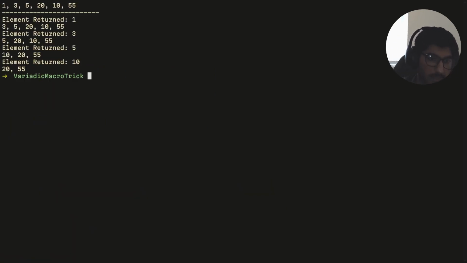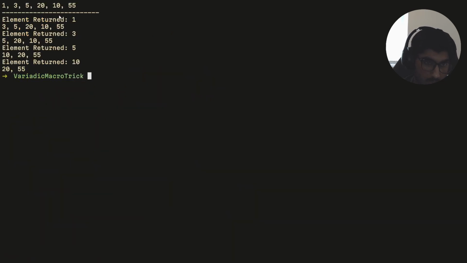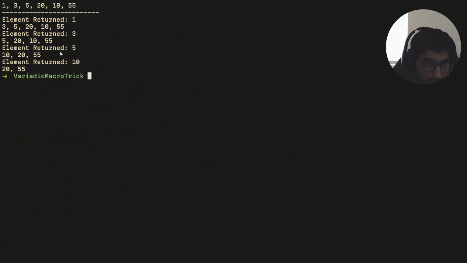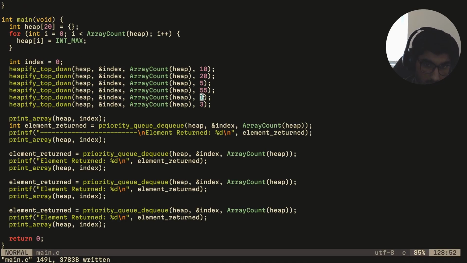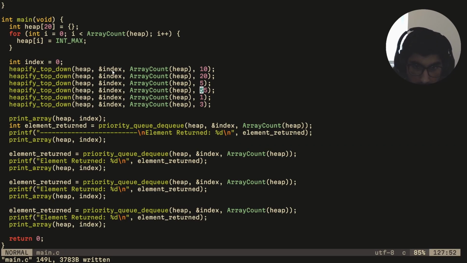Okay, so as you can see, this is the original heap, right? When I remove the first element, which is going to be 1, this is correct. This is the lowest priority in this whole heap. Out of all the elements I passed in, so 10, 25, 55, 1, and 3, 1 is the smallest, so it returned 1 first, and this is the new heap it constructed afterwards. Then it returned 3, which is the second smallest, right? Then it returned 5, which is the third smallest, right here. Then it returned 10, and then if you keep on going with it,